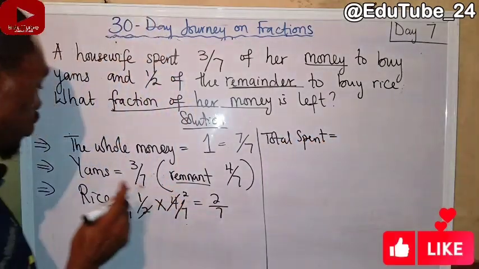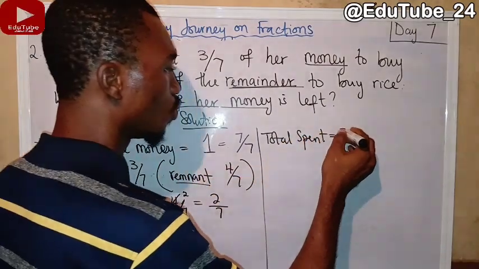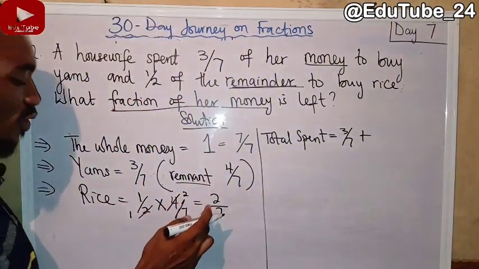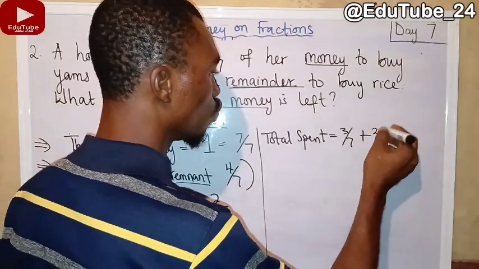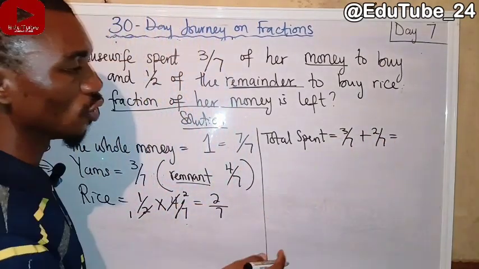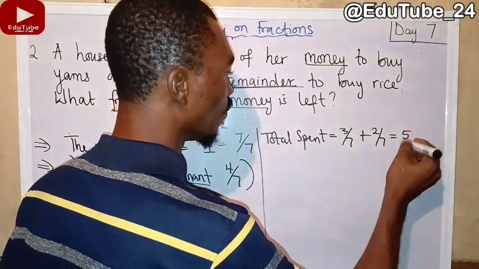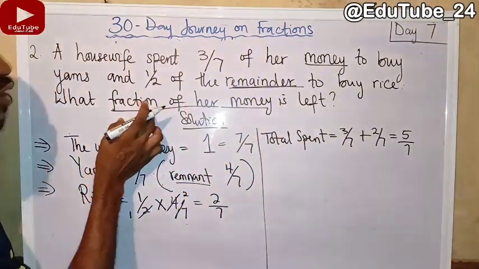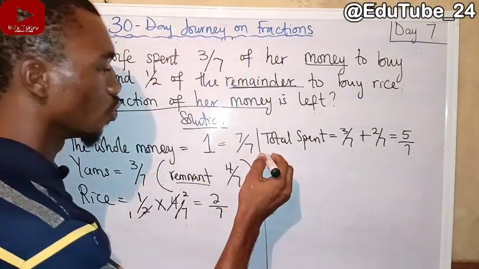Total spent is 3/7 on yam, plus 2/7 on rice. So in total, she spent 5/7 altogether. And if we know the total amount spent, we can find the fraction of money that's left for her. So we say fraction